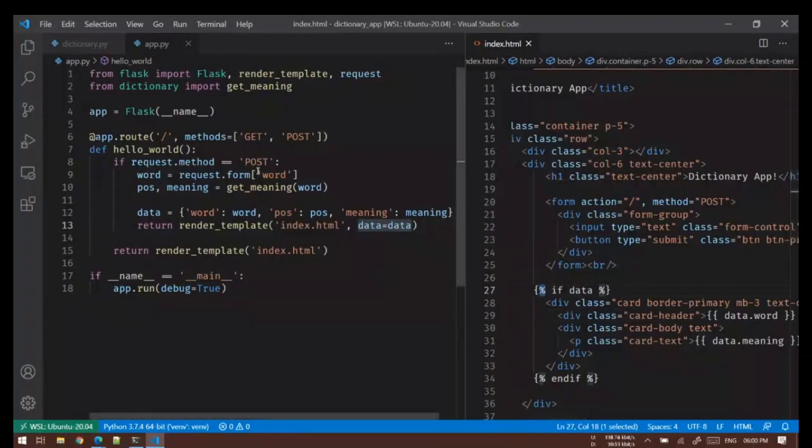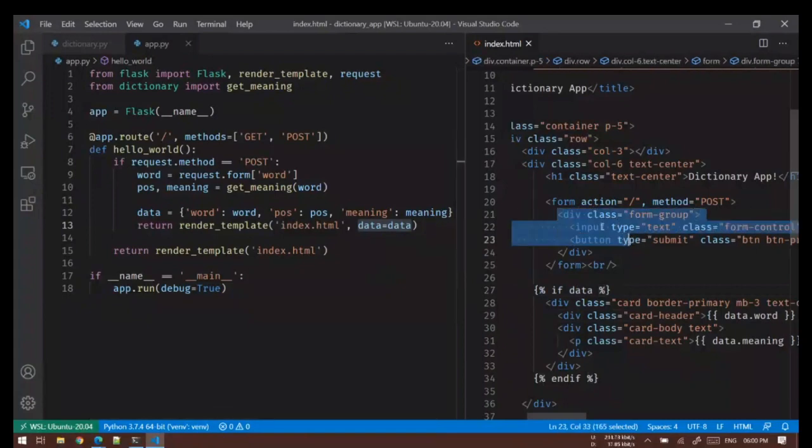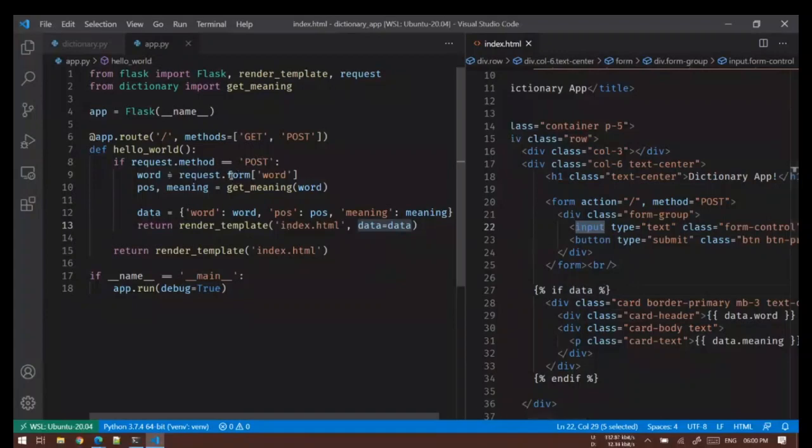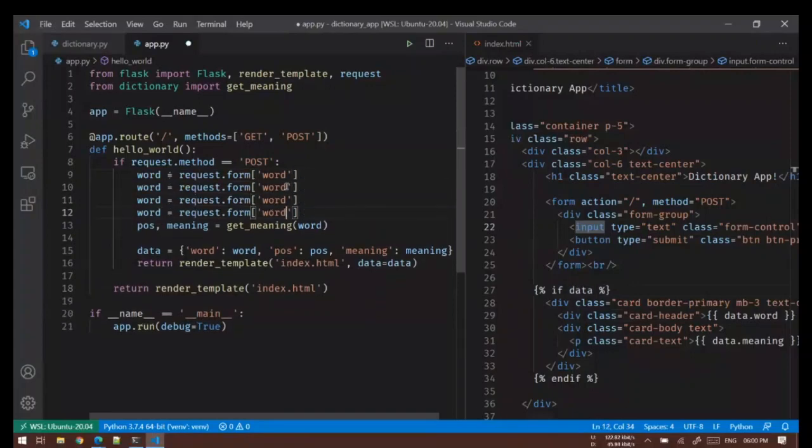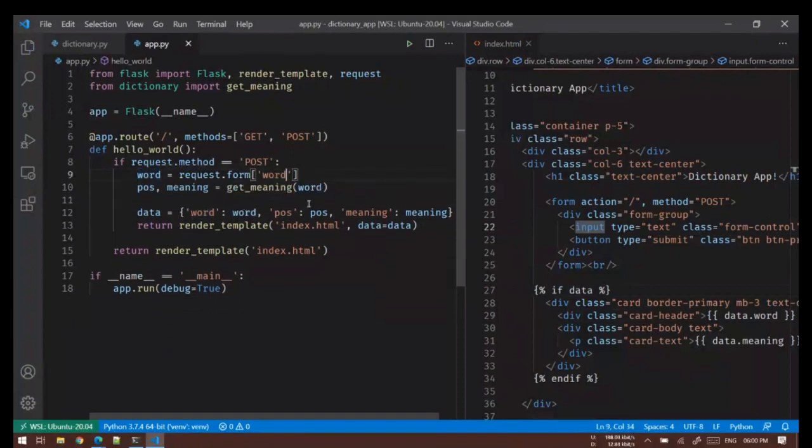Okay. This is how you send data. How do you get it back? All you have to do is create a form. All your input fields should have a name tag, and then you can access all the data inside form. Just access it one by one. If you have 4 inputs, you have to call it over and over again 4 times. So input 1, input 2, input 3, input 4. So you will basically make 4 copies of this thing and just change these 2 values. Okay. So you take input and this is how you send it back to the front end.